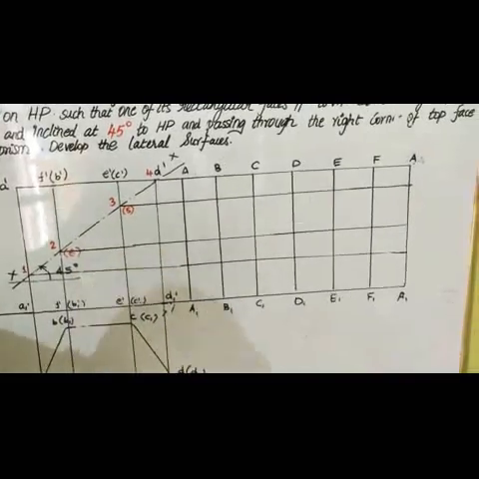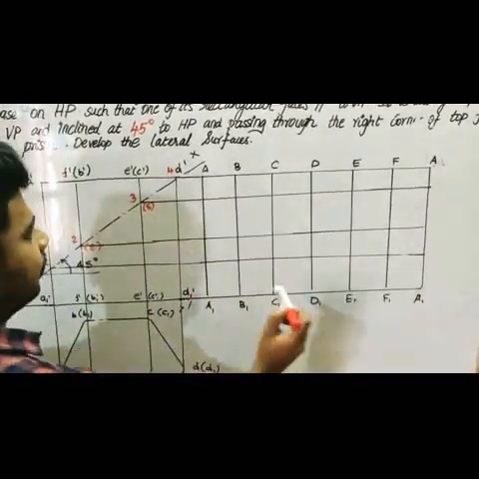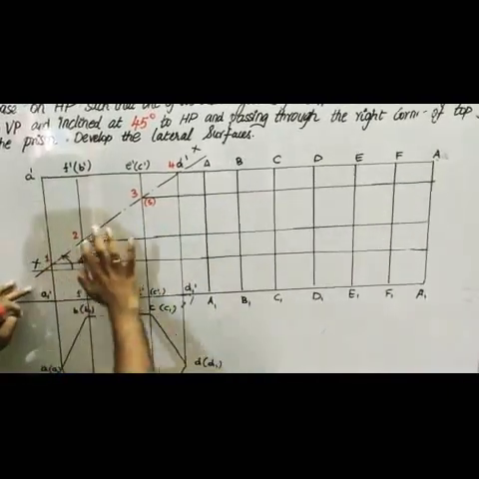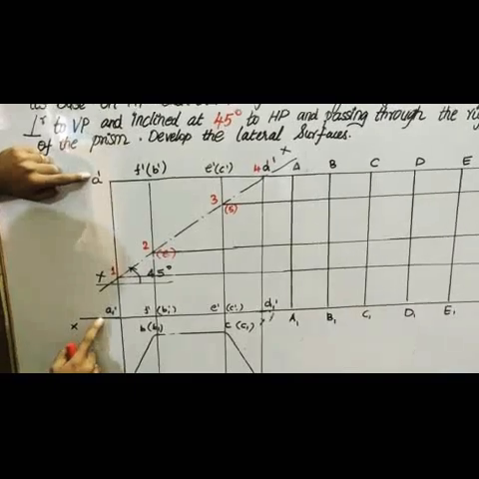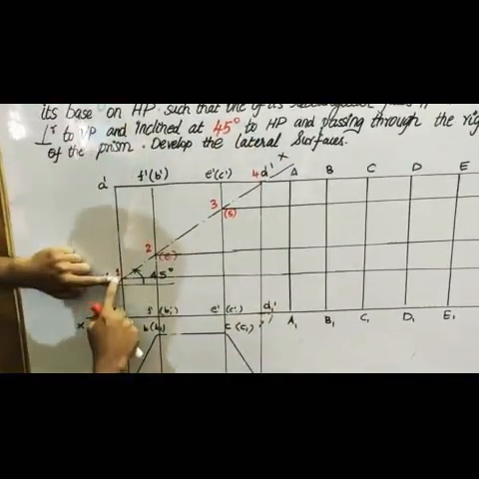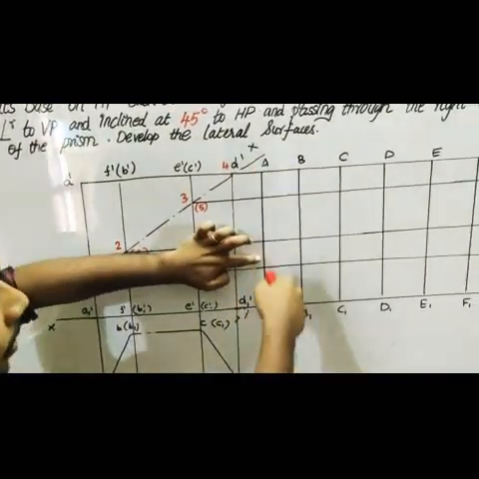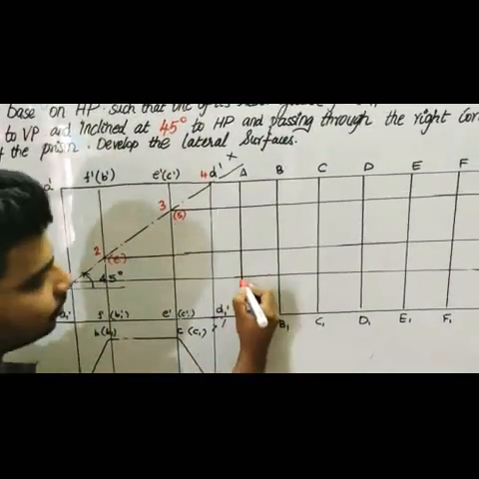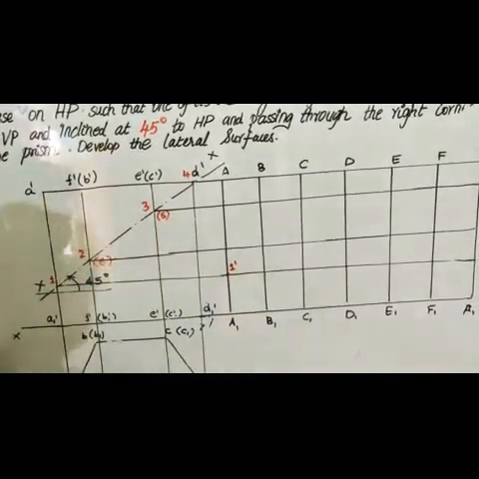So this is my development area. This area is my 2D development. In this I am going to mark my points now. Right, so here A dash and A1 dash, which is cut by point number 1, which is here. So this is your point 1 on A dash, A1 dash. To mark this point, this is your 1 dash.